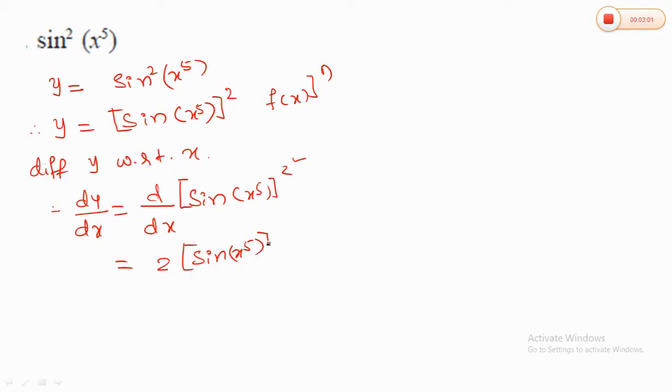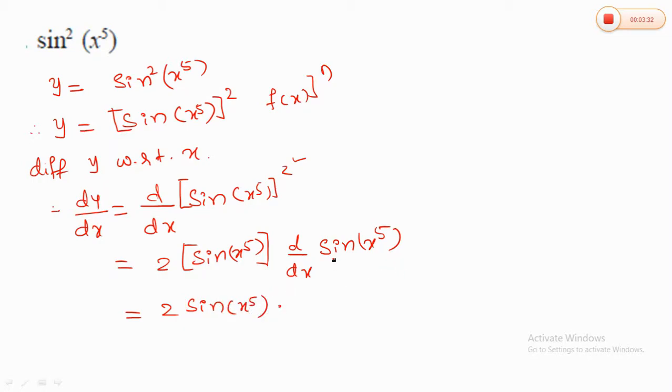So this is n x raised to n minus 1. So 2 minus 1 is 1, so it is not necessary to write this one. Then d by dx of sine x fifth. Therefore this equals 2 sine x fifth, this into